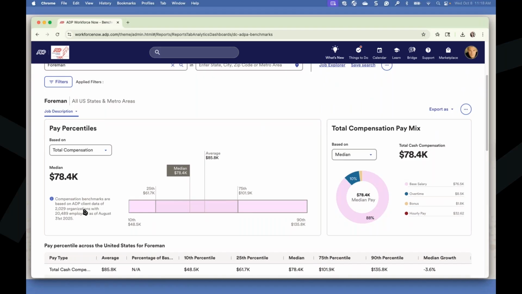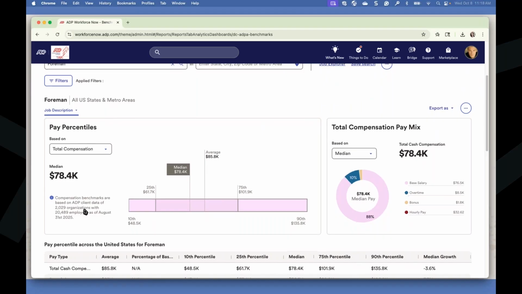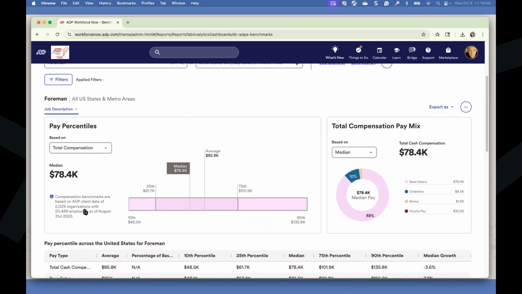Now again, since this is ADP's data, the great thing is that we are able to refresh this data monthly for you. So it's not statistical data. It's not somebody putting in, I make 50,000 when I make 54,000. It's the actual true data that ADP reports to the employees, to the IRS. So you get that true monthly update.